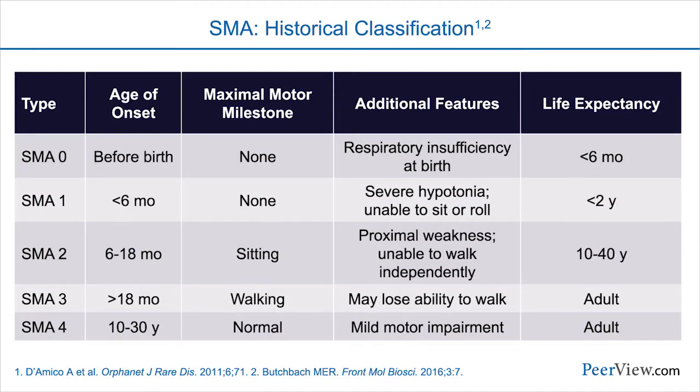Before the gene was identified, it wasn't even perfectly clear whether these were completely related disorders or whether they might be due to different types of physiology. However, once the gene was identified, people were tested and it became clear that what had been called SMA type 1, infantile-onset, usually before 6 months of age, with very severe hypotonia and weakness, and sometimes referred to as Wernicke-Hoffmann disease